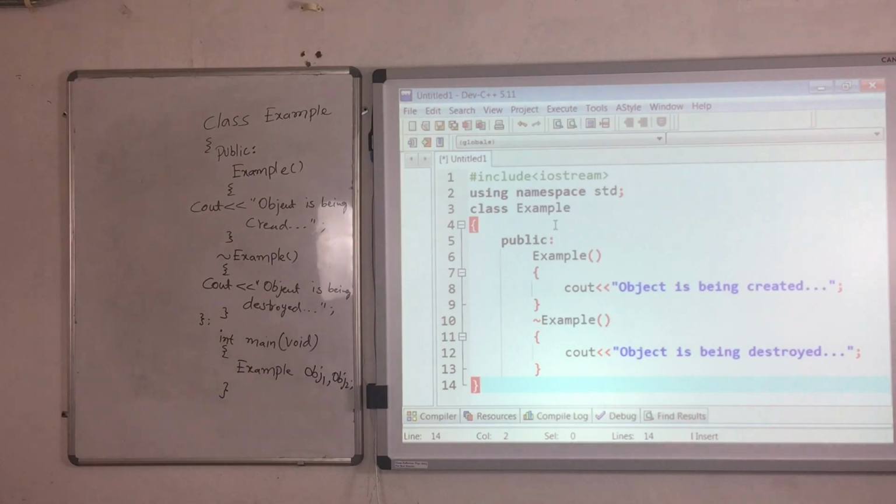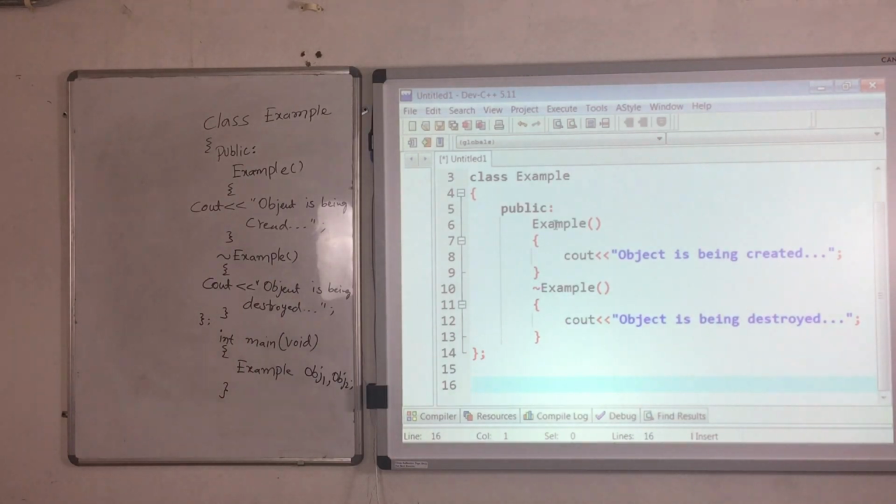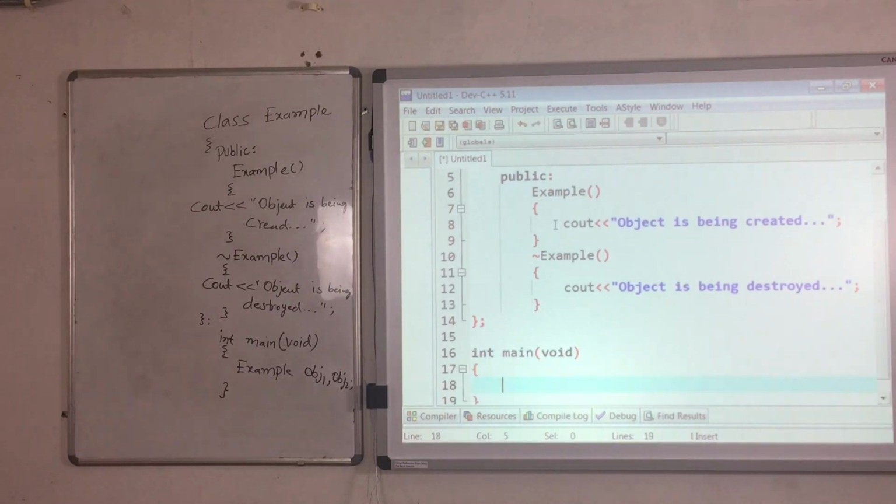Now this is my class. I am ending over here. This is my Example class. Now I want to create the object for that class Example. So where do I have to create it? Inside the main function, int main(void). Now inside the main function, what am I doing? I am creating obj1. First only one object I will create. Only obj1 I am creating right now. So we will see what the creation of that object does to our program.